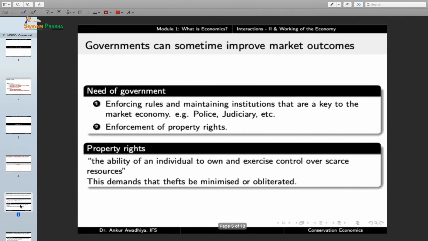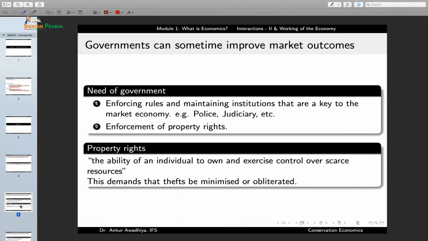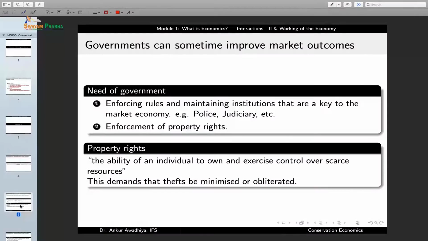So how does the government improve the market outcomes? The need of government is for enforcing rules and maintaining institutions that are key to the market economy, such as police, judiciary, and so on. If you have a good law and order system with good police, good judiciary, you will have much more faith, you will have much more confidence that the money that you are putting into innovation, that you are putting into making your factory will not go down the drain. So the first need of government is to enforce rules,